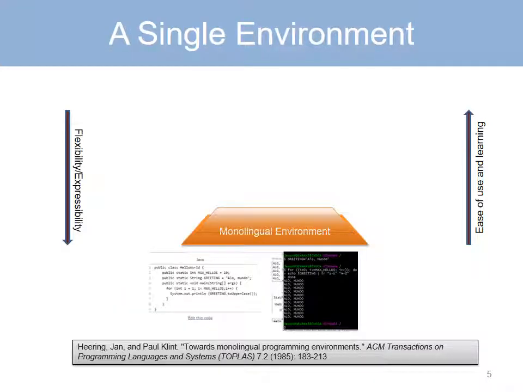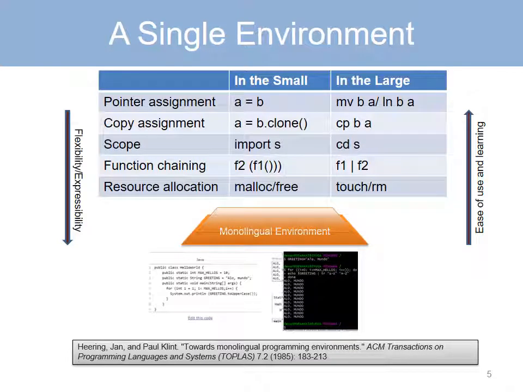And so another question that arises after that is, can we try and combine them in some way? Okay, and there seems to be hope you can do so, because even in the mechanics, there's a lot of commonality. If the move command is just a pointer assignment, the copy command is a copy assignment, the cp command is just an import, essentially, and pipes are function composition. So there's in fact a lot of commonality, and that is the reason why